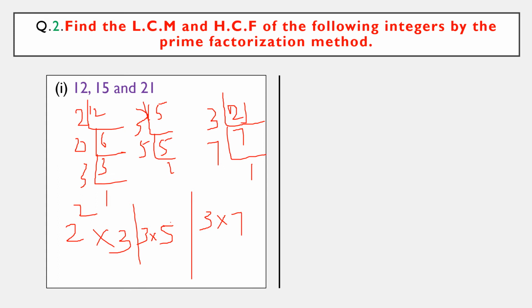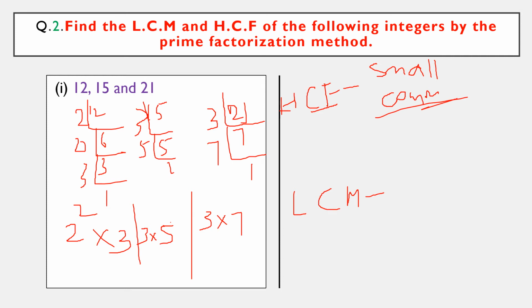Children, remember one thing: how to find the HCF and LCM from this product of prime factors in an easy, simple way. Just remember these words whatever I'm saying. Here HCF means from the common factors, from the common things, you should write the smallest power. Smallest power. You should pick out the smallest one from the common. Common, smallest. This is very important. From the common things, you should pick out the small one.